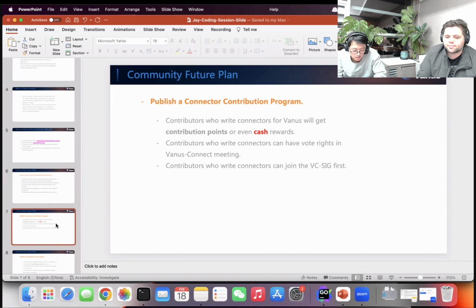And secondly, contributors who write connectors can have voting rights in our Vanus Connect meeting. Like today's meeting, we will also hold Vanus Connect meetings regularly in the future. And those people who join the SIG and who write connectors can also have the right to make decisions about other connectors. And the third one is contributors who write connectors can join the Vanus SIG first, because recently we already